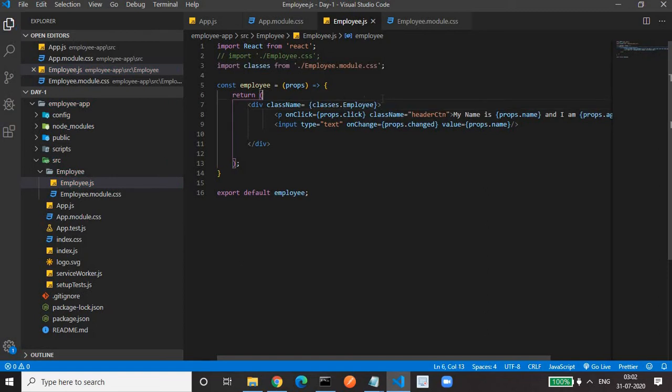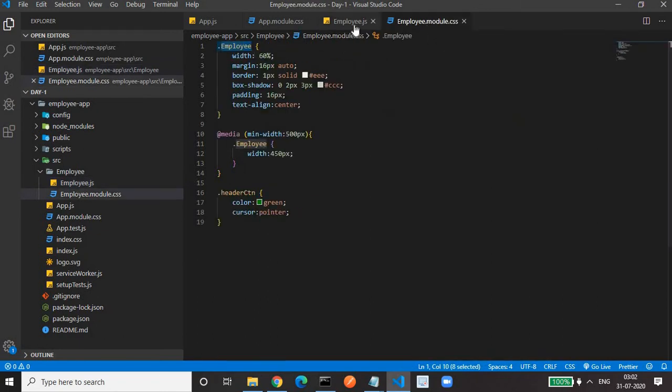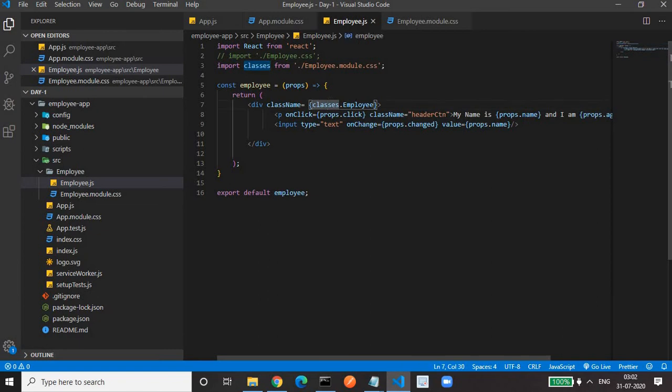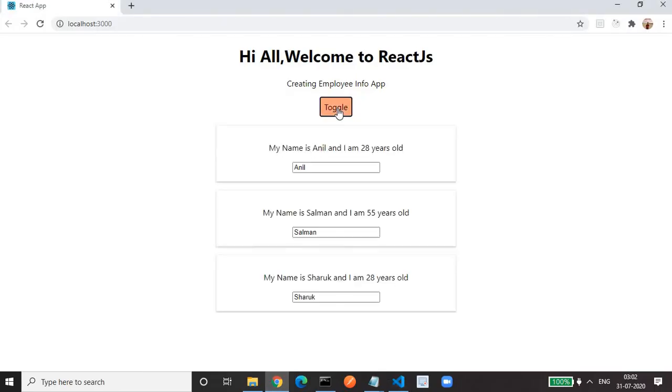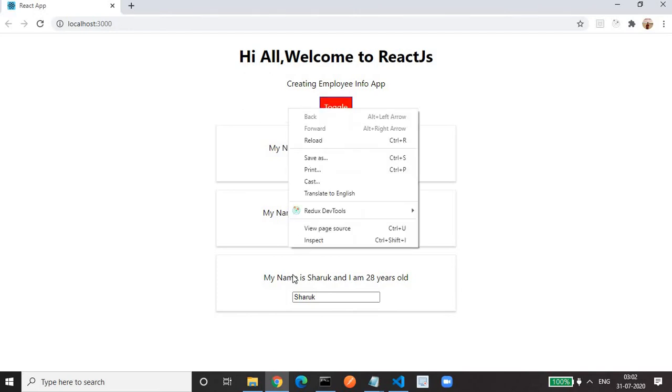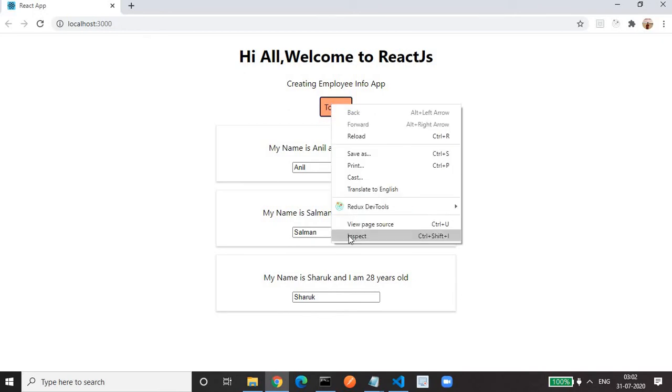Just remember, once we are using this import classes, you cannot write the CSS class directly. You have to use classes.employee. Okay, let me save it. See, click this red. So we'll see this class in action. Let me go to this class first.